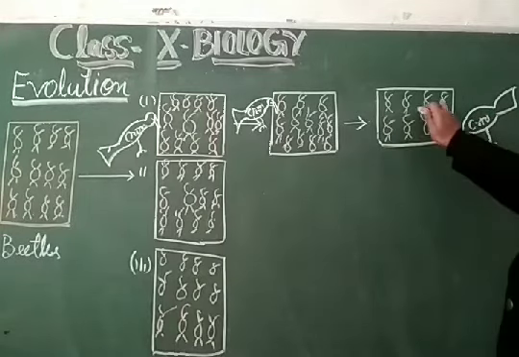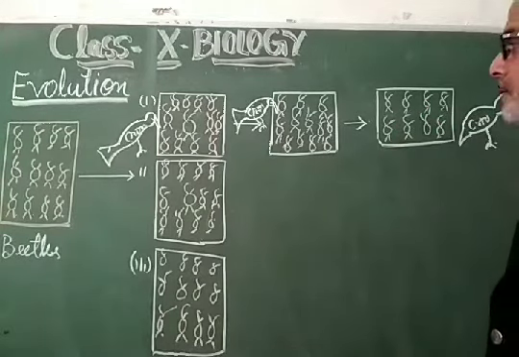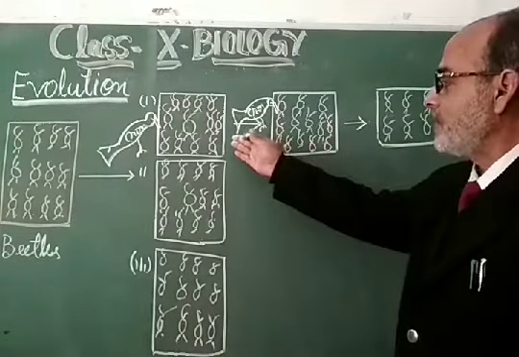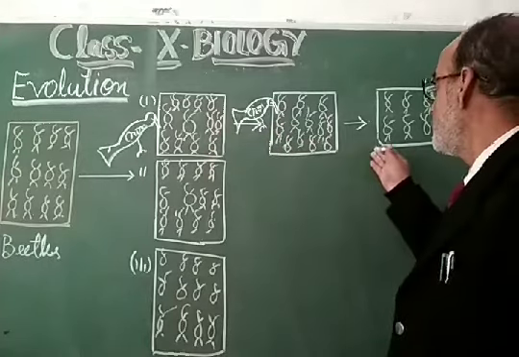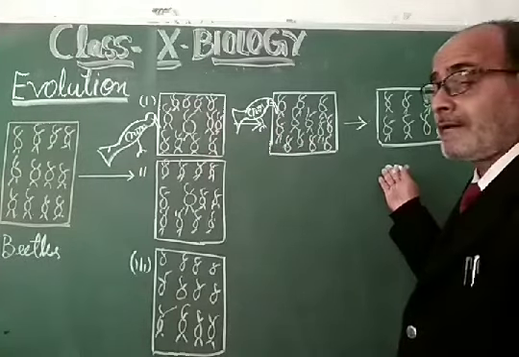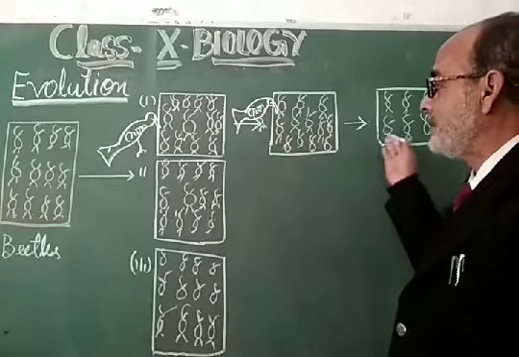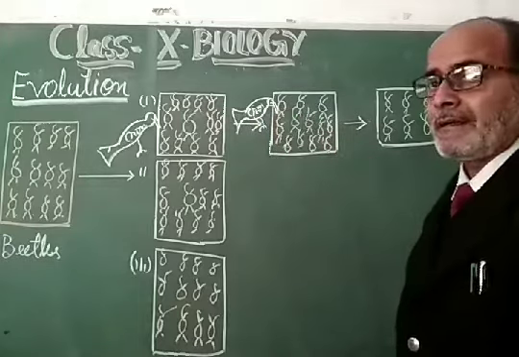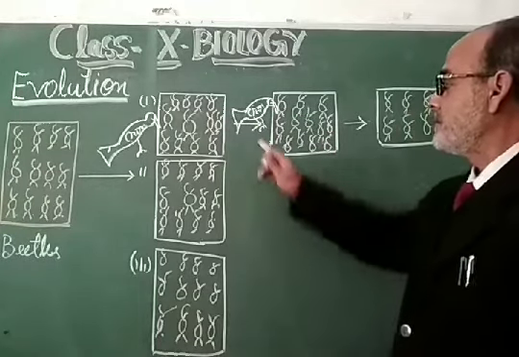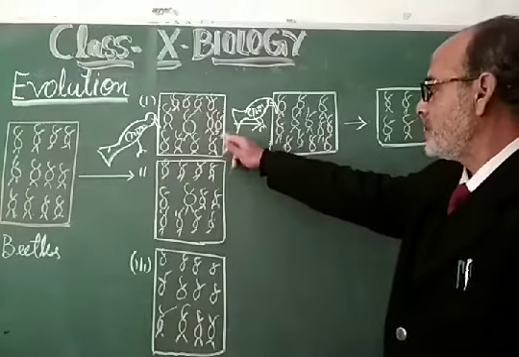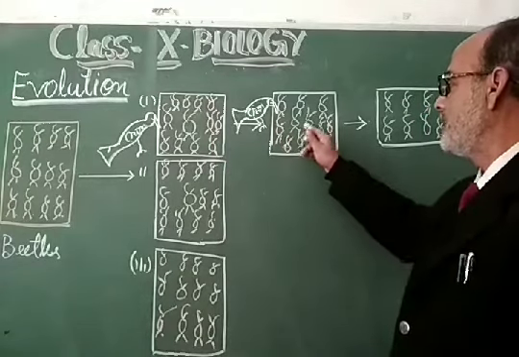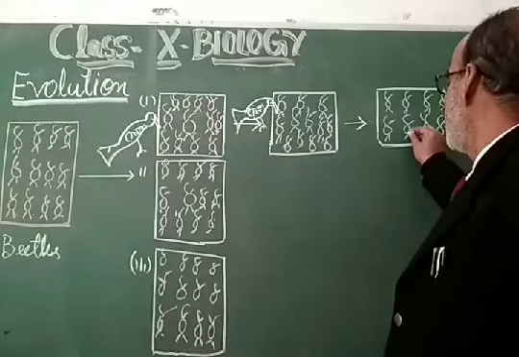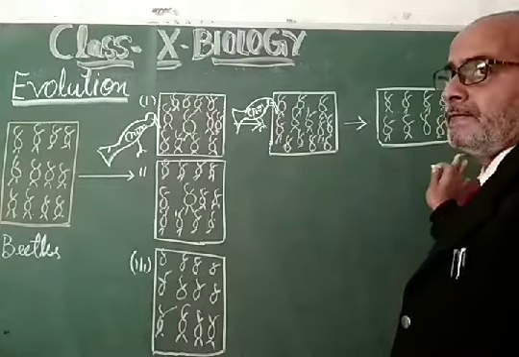The crow will not be able to hunt these green beetles, and the green beetles will survive for a long time. So the population of these beetles gets converted from one variant into a different variant. So this is the evolution, this is the adaptation due to the environmental factor, and that environmental factor is the predation of such a population by a predator. That is why this evolution of the color, this evolution of the new variant, has taken place, and this variant will be safe from the crow. So this is the first case.